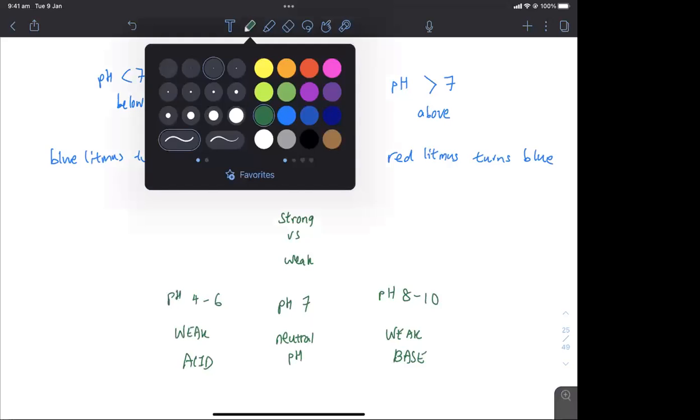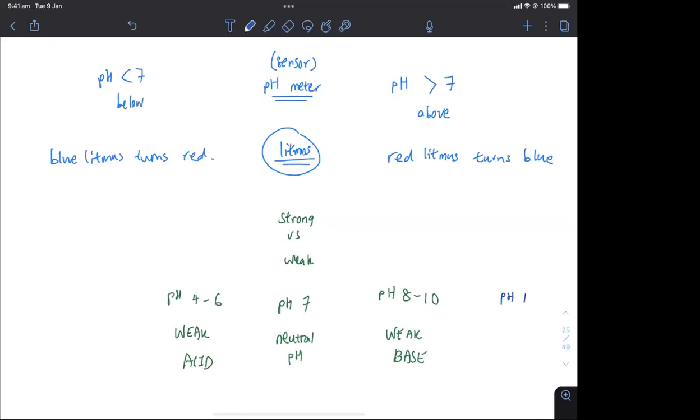Whereas you can have the more extreme side, such as pH 13 to 14, that one will be your strong base. Whereas you have pH 1 to 2, this is your strong acid regime. So universal indicator